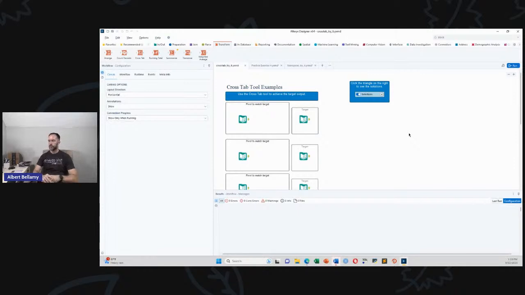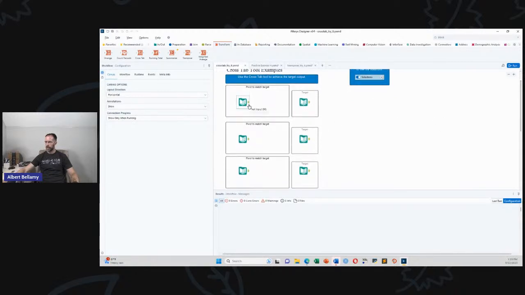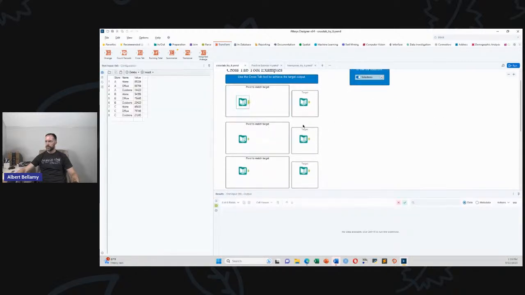Okay, let's do crosstab. Crosstab is a somewhat similar but also somewhat different problem set. It just says pivot to match target. Okay, we don't get any directions at all on them. All right, so here we're just going backwards on some of the previous challenges. Now,